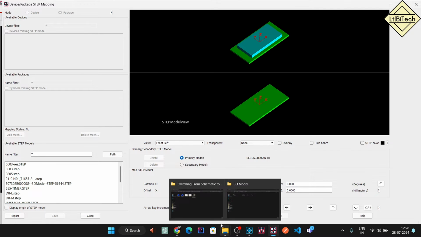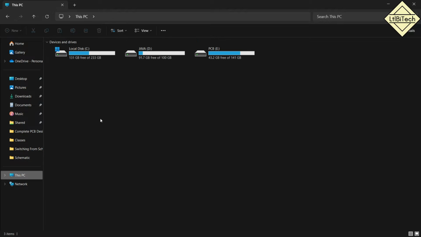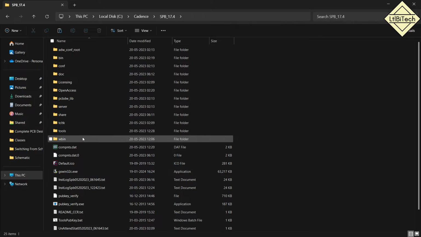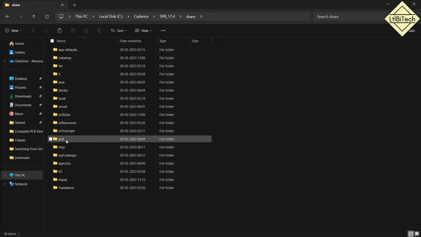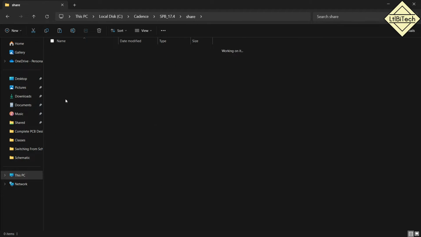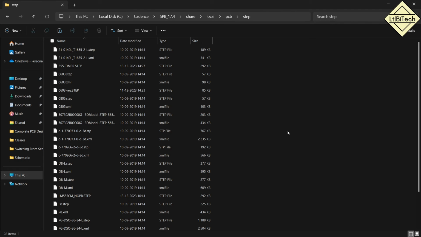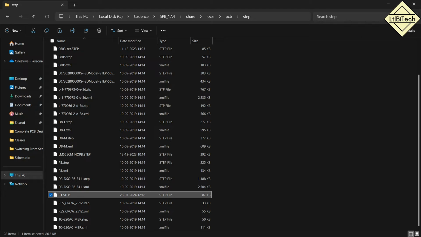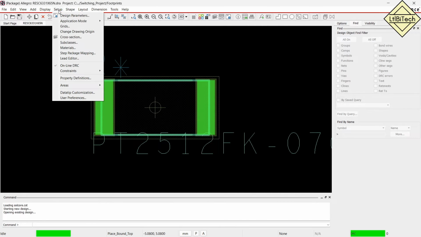We'll go to file. Inside the 3D step model folder we have R1.step. We'll copy that and go to the C drive. We'll go to Cadence, then SPB 17.4. We'll go to share, then local, then PCB, and inside PCB we'll go to step. Open the step folder and paste your R1. So here R1.step is there. We'll close this and reopen this, go to step